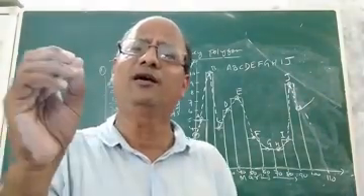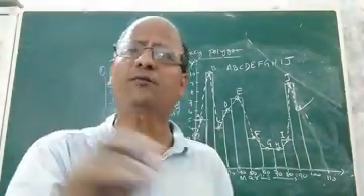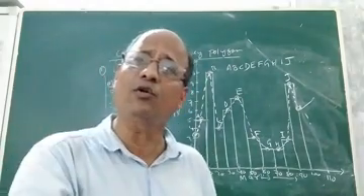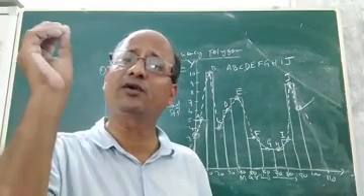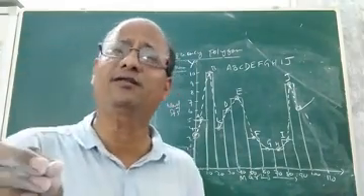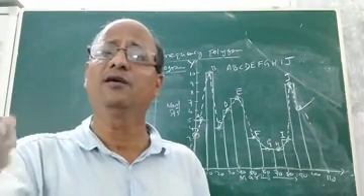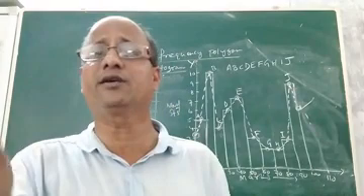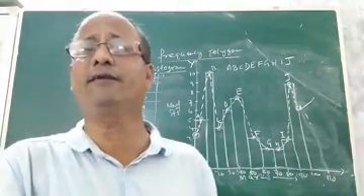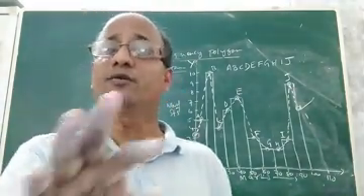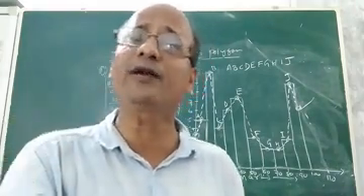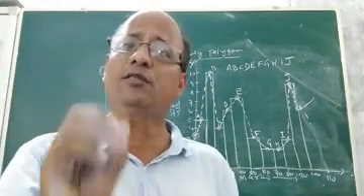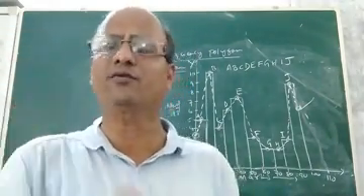Now suppose you are asked to do it without histogram, and you say, no sir, we will not construct a histogram. Without constructing a histogram also, we can construct a frequency polygon. How it is done, we shall discuss in another class. Without constructing a histogram, how can we construct a frequency polygon, which is nothing but a closed curve? And how is it obtained? It is obtained by joining the midpoints of all the bars or rectangles or the class intervals, whatever you say.